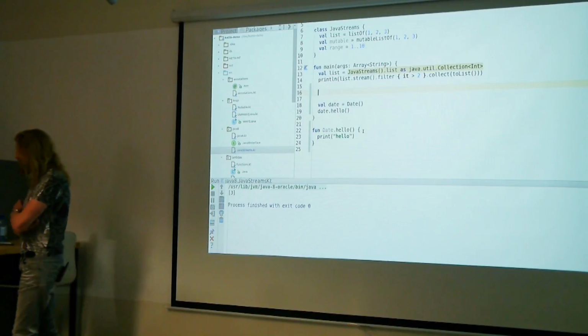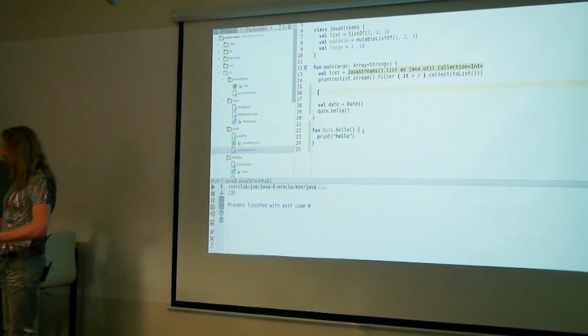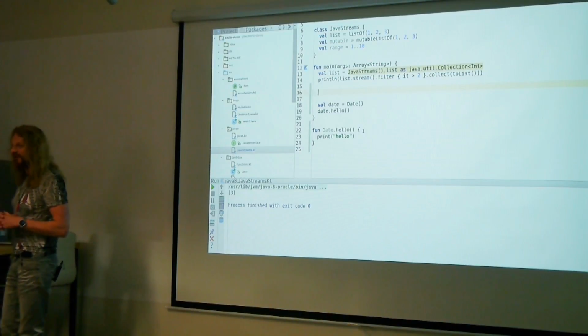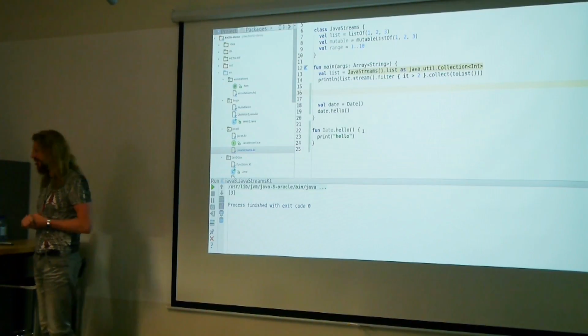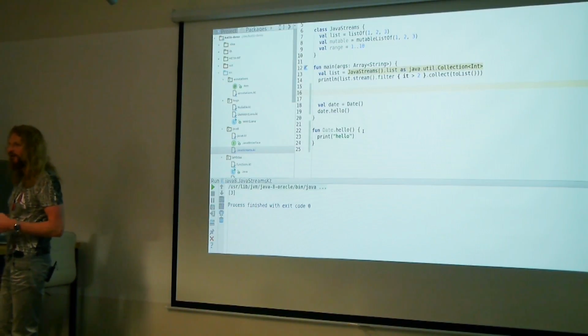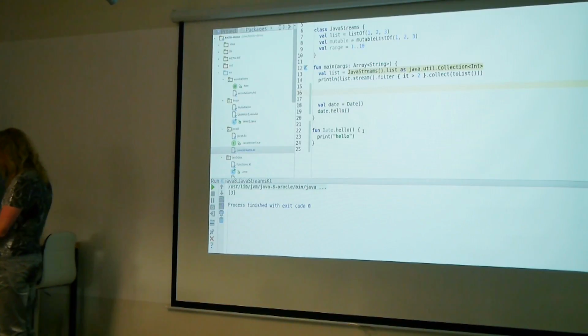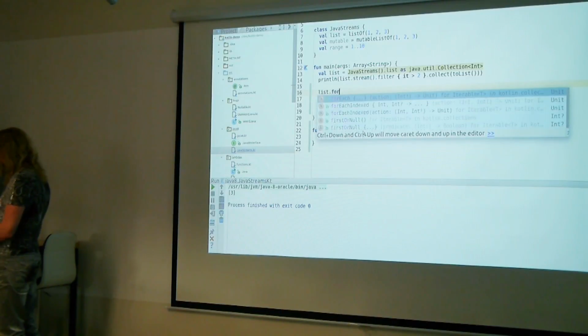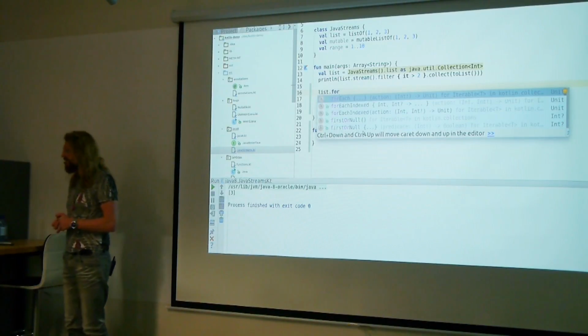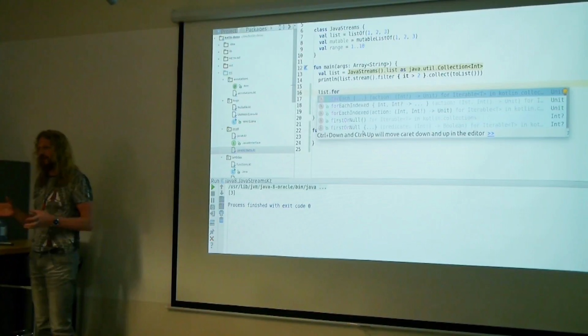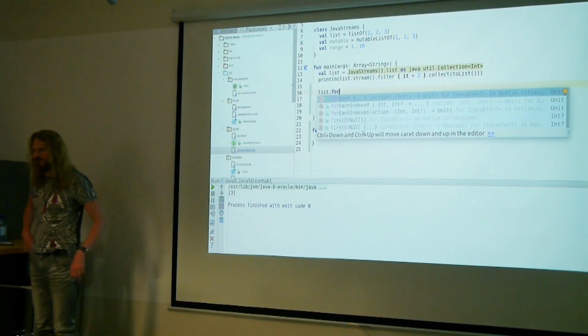That's an interesting point. And I will show you one nuance or trouble that can come with these extension methods. So, for example, if we take the same list that we have here, there is a method forEach in Kotlin. And this method exists in Kotlin, and it can be used even in Java 6.